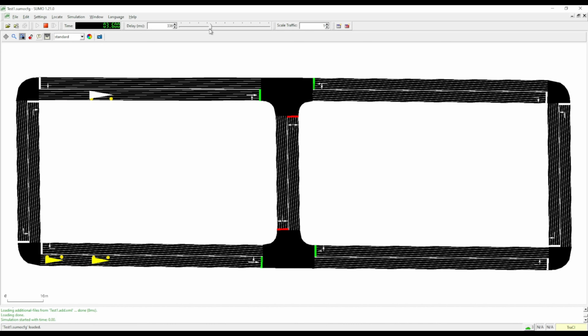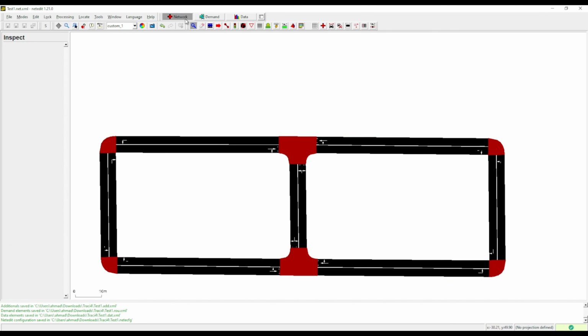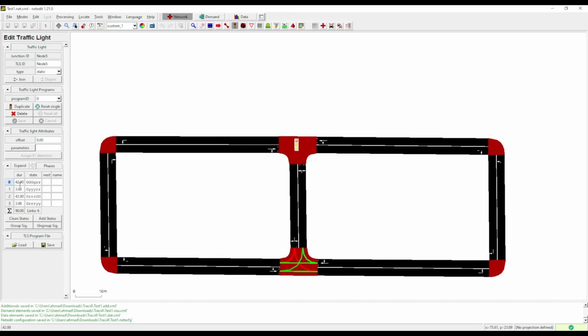Okay, so I'm gonna just increase the speed a little bit, and if you observe now, it's second 9, right? And then this time the traffic light turned to green sooner than the previous time, because when it reaches here, it's almost second 17 or 16, right? But when we go here and select this traffic light, we can observe the duration